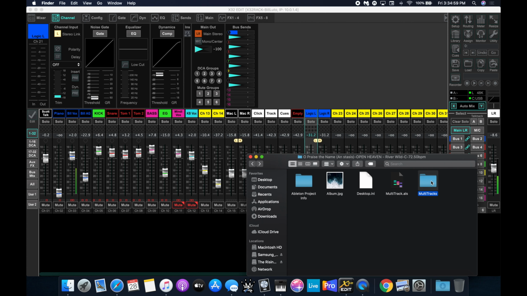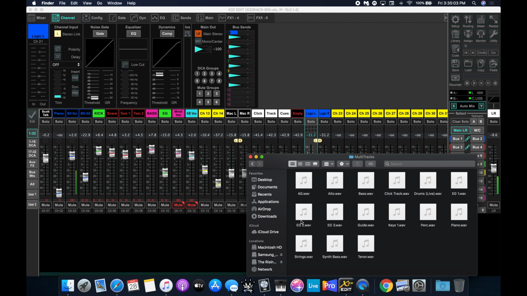So we're going to click into this folder right here that's called multi-tracks, and once we get inside there, you can see that you have a separate wave file. Some of you might have bought MP3s. I wouldn't suggest that. For an extra $5 you can get it in wave, which is way higher quality. So we have these separate files that are the same ones that get pulled into Ableton when we set up a song,